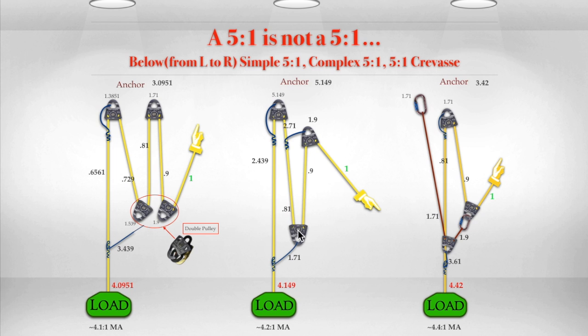When we look over to the complex system that we talked about before, we actually get a little bit better on this one. All still high efficiency, but we come out at a 4.149, or a 4.2 to 1 roughly. Why is this? Because we know that every carabiner or every pulley gives us friction, and if you count the amount of pulleys in this one, we have 4. Even though this is 1, it's got 2 sheaves, so that counts as 2. So we've got 4. By just decreasing a pulley out of our system,